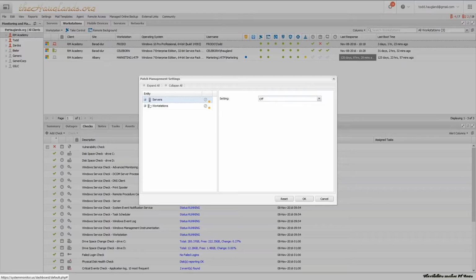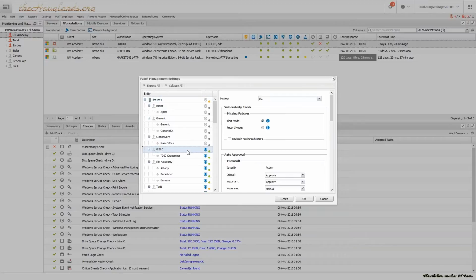Okay, so I'm going to flop over real quick to an actual dashboard. Everybody is familiar with this, and everybody knows that everything I'm talking about is going to be found here first on the settings menu, right? And with patch management, this is going to be one of only 2 features now, I think, that have one place to go to set up our policies and our deployment settings. So you're going into the settings